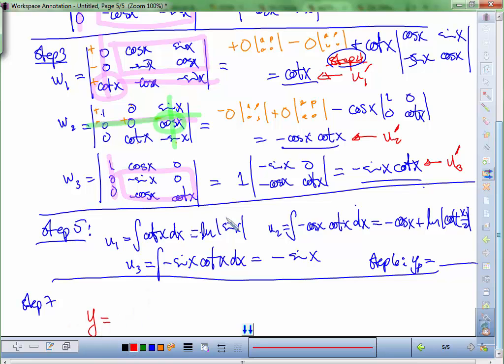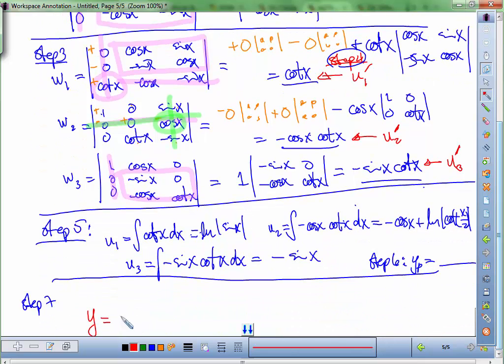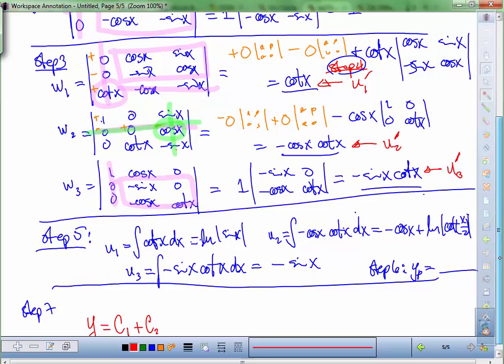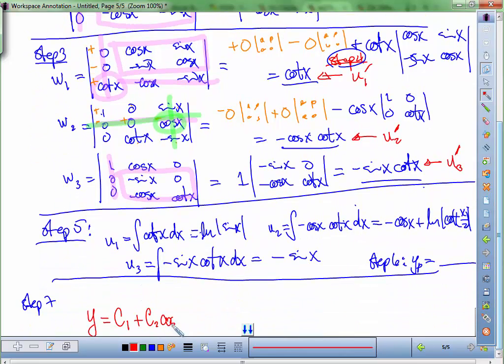Our final answer is going to be a constant times y1 plus a constant times y2, which is the cosine, plus a constant times y3, which is a sine, plus the y particular,